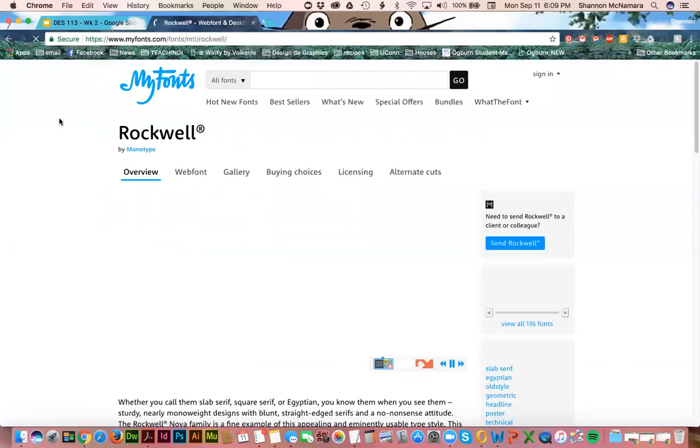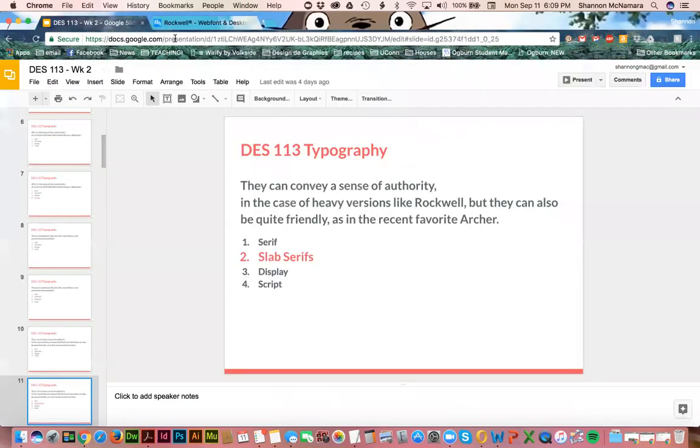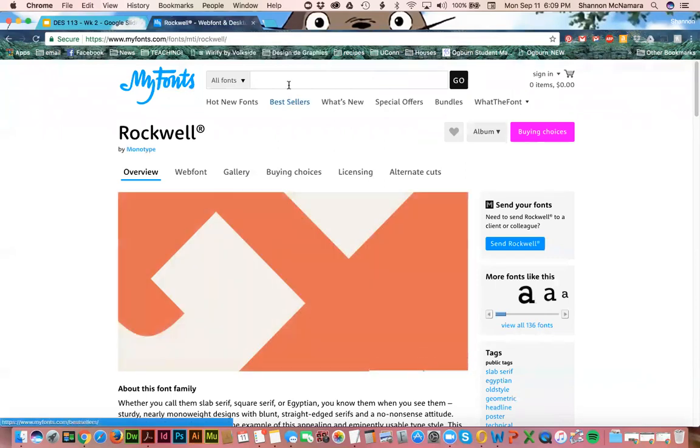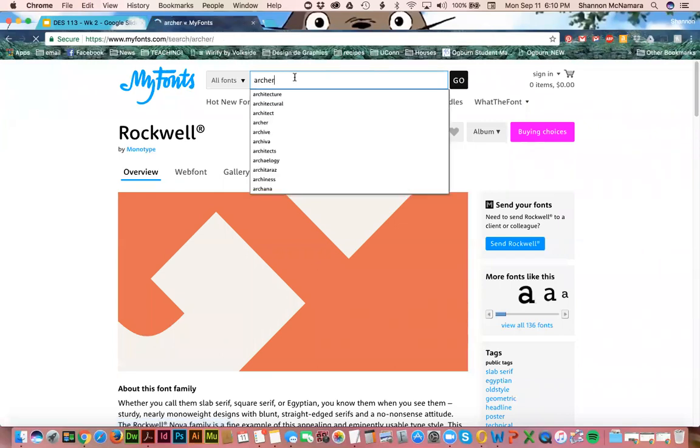Here is, if it ever loads, Rockwell. So you've got the very prominent feet on the bottom. So it's very similar to a serif, but it's called a slab serif because it's just a heavier squared off serif at the bottom. So that's a slab serif. And then Archer